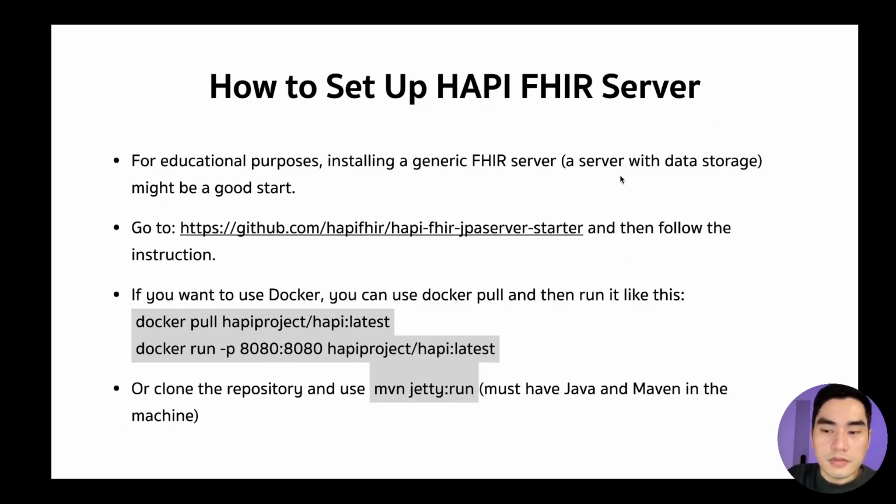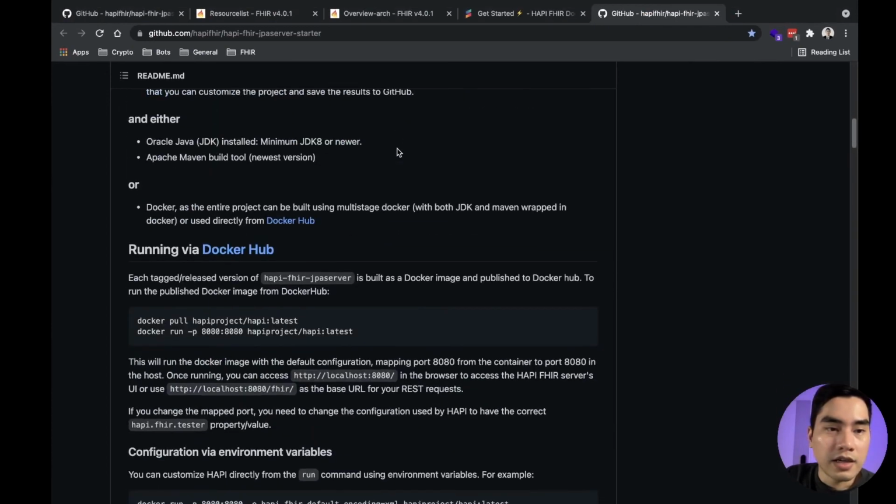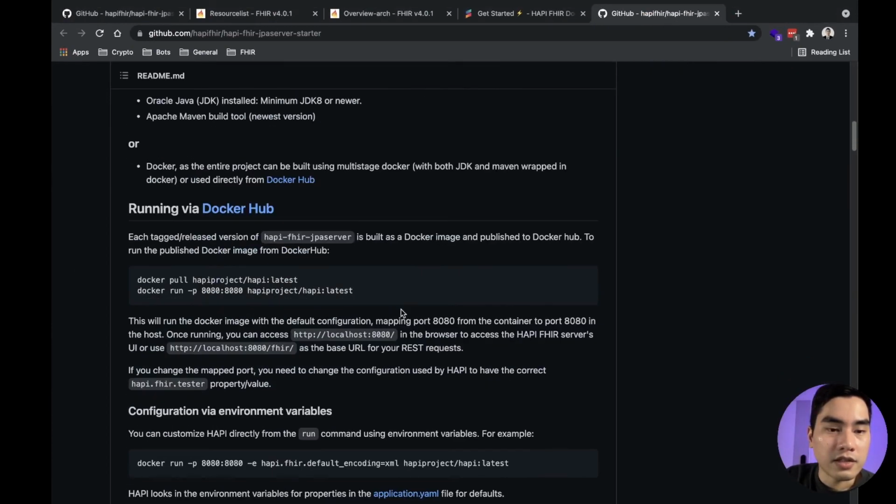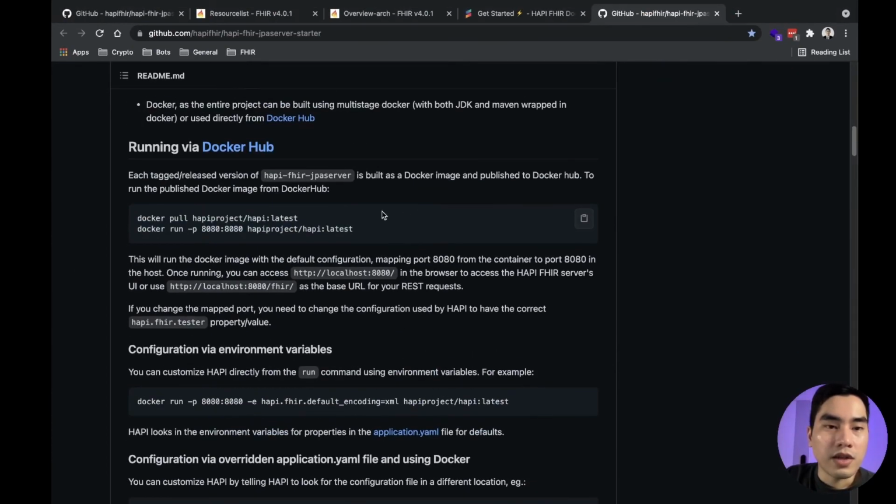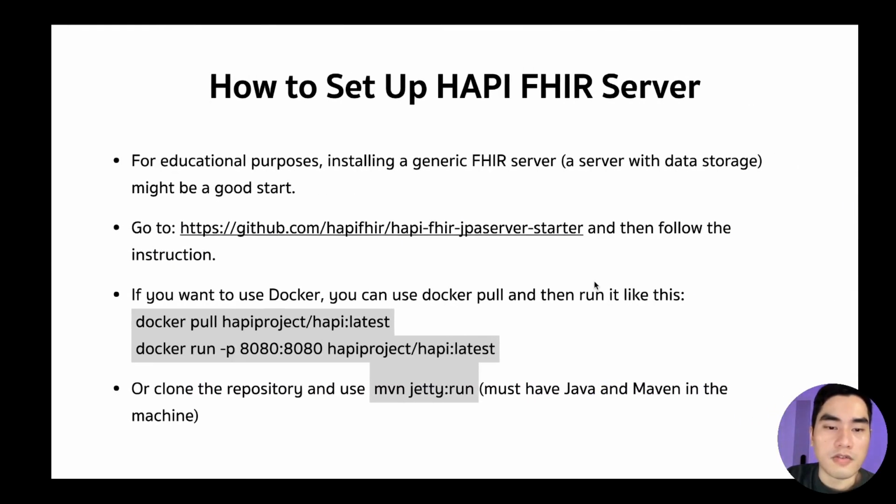And so if you want to practice FHIR with the HAPI FHIR server on your local machine, I think it's easier to install HAPI FHIR server as a generic FHIR server or a server with data storage. Go to here and follow the instruction here. The easiest way is that you use Docker, like docker pull and docker run and then finish.